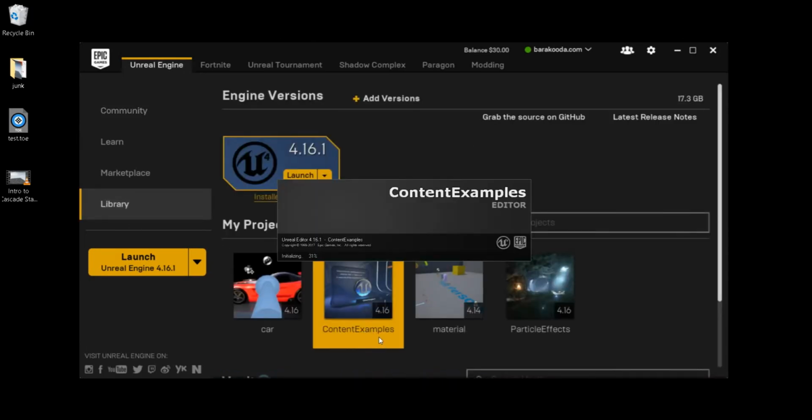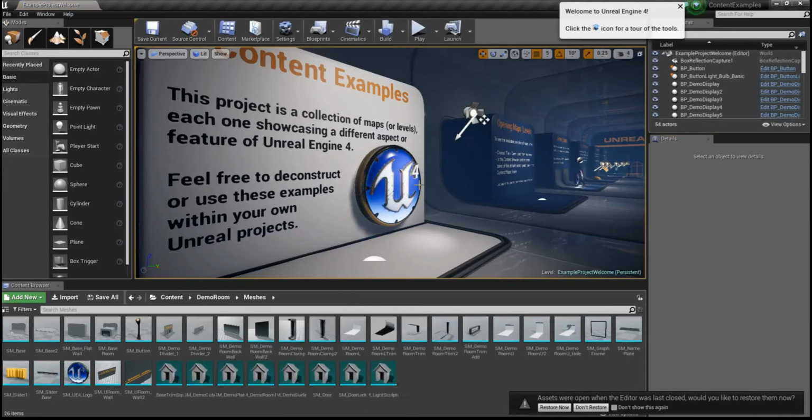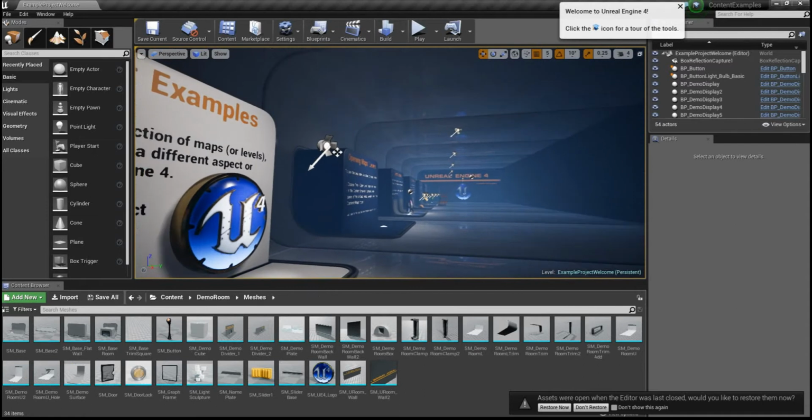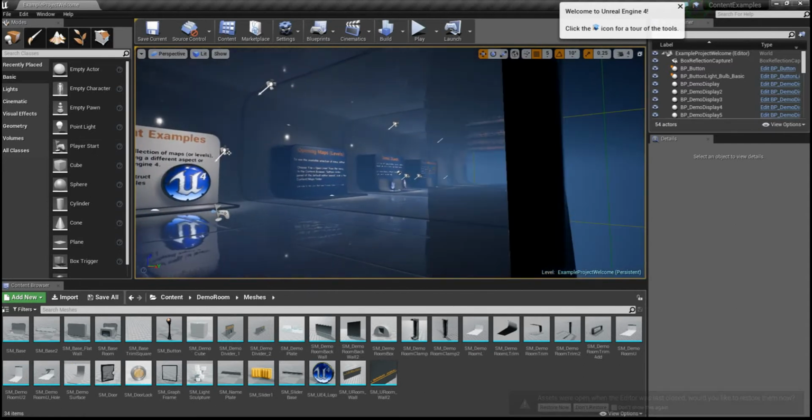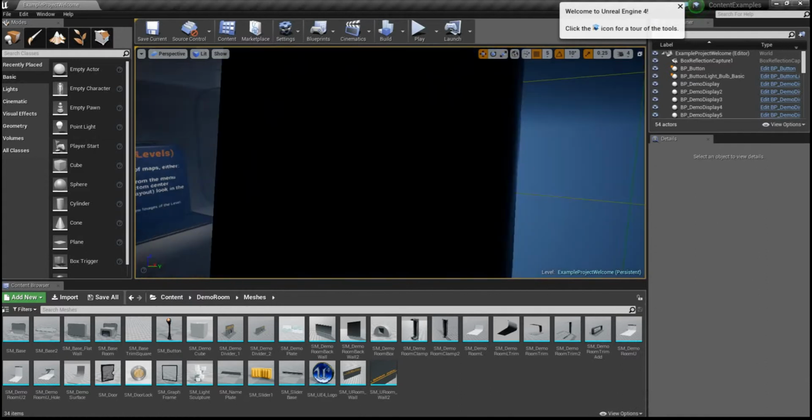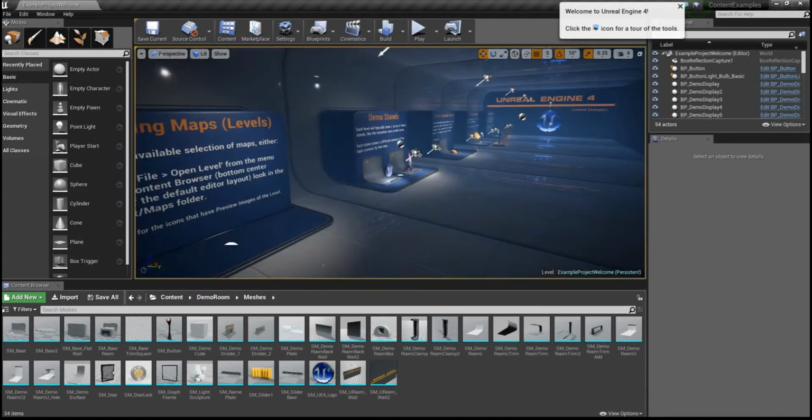Download the content example. In this project we can switch between examples of levels like particles, physics, animations. But before I jump into particles, or any of the more specific areas of Unreal, I'll do a very simple task of taking the whole model that we're seeing here and moving it into TouchDesigner. For that, first of all, we need to ask ourselves which object we want to place in TouchDesigner, and